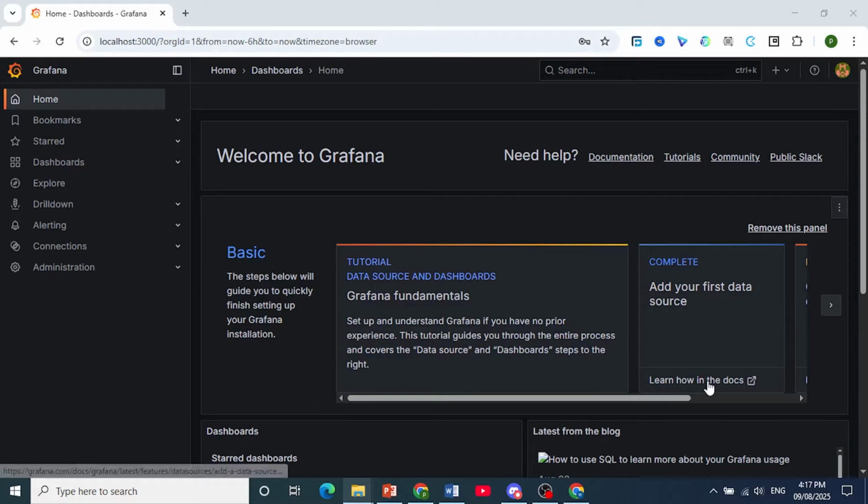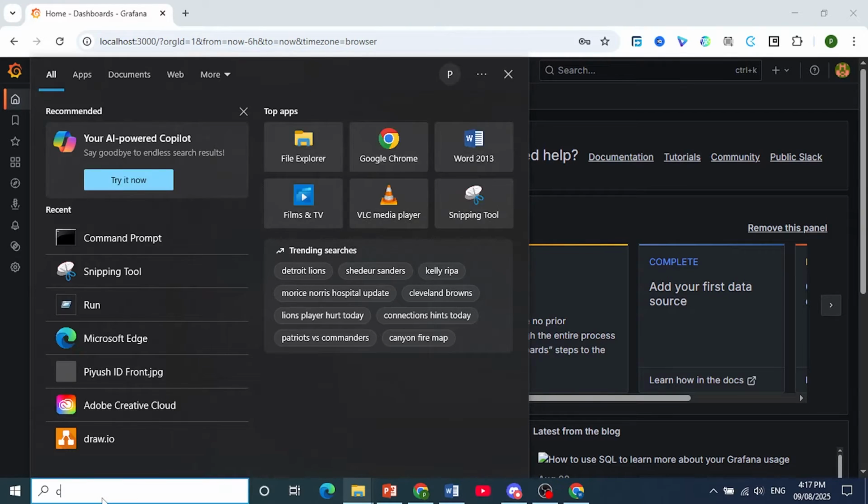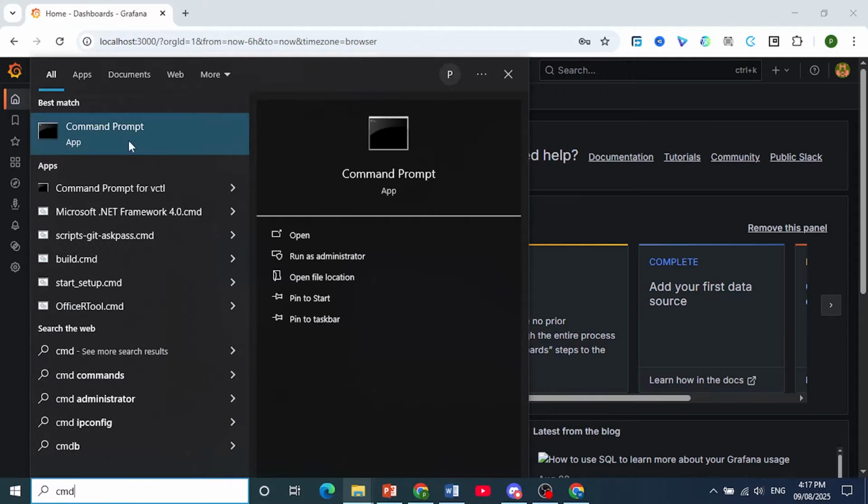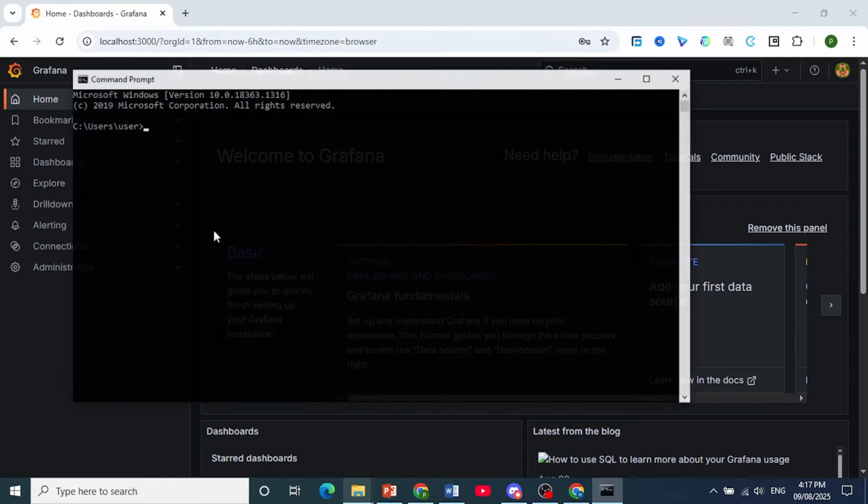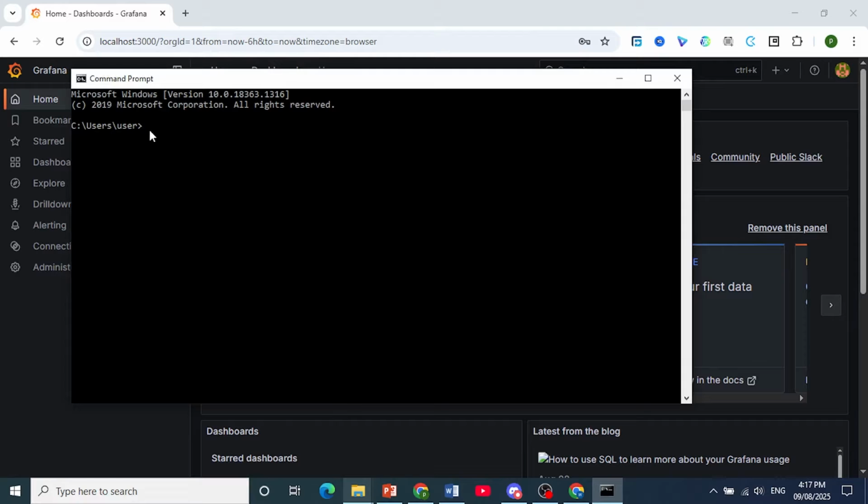Hey guys, in this video I'll show you how to open Grafana command line interface. Now the first thing I want you to do is come here, click on search, and type in CMD. So open up our command prompt, click here on open, and now once this is open, we need to get